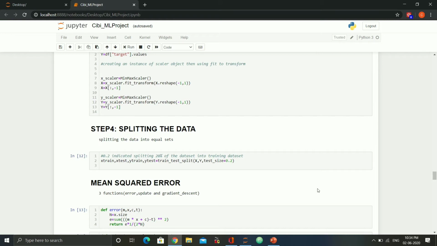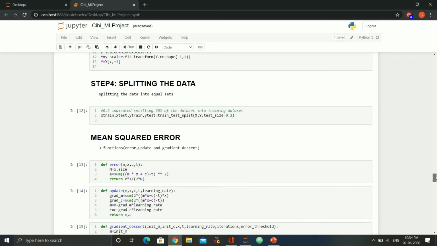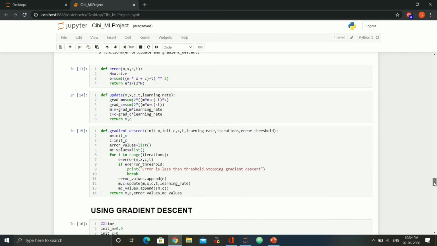We'll define the error and find the mean squared error. We'll use this update function to update the m and c, the slope and intercept, for the linear regression equation.